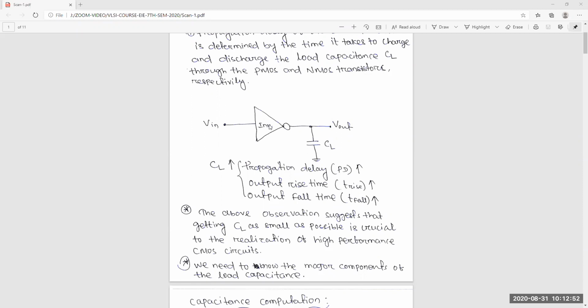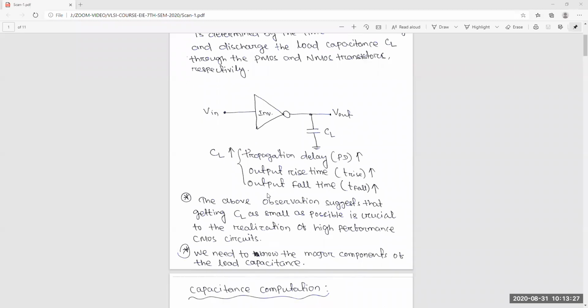If you are asking this question, then you should know what rise time and fall time depend on. Don't know, sir. Then how are we saying that it's more or less? That's why you should know these things. Otherwise you will always just remember that this is greater, this is small, and after some time you will forget. That's why I have mentioned everything here. One by one we'll discuss.